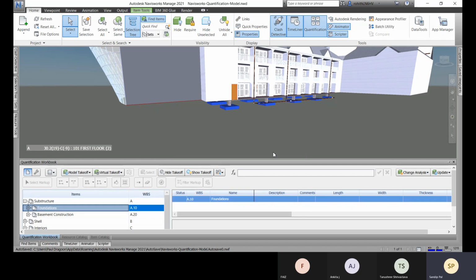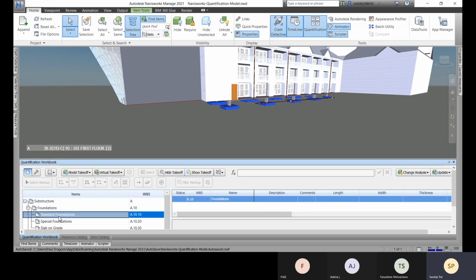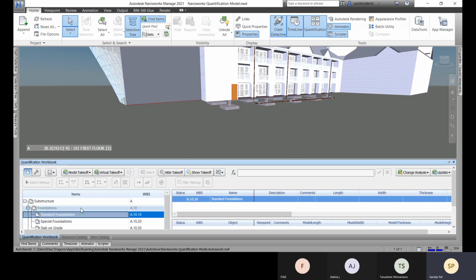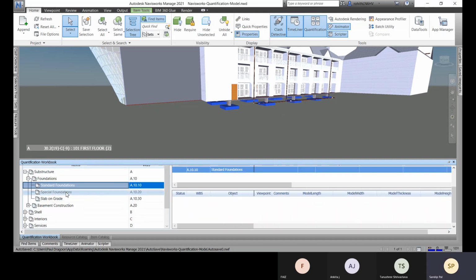Click on yes, and there you see these are added. What you have to do is, within this foundation there is standard foundation and special foundation, so you have to be specific. Sorry, I forgot that.